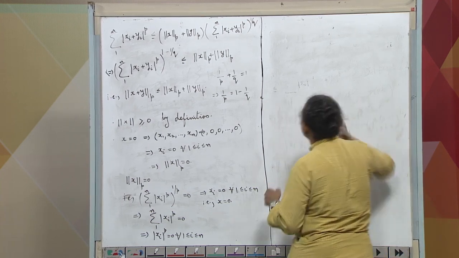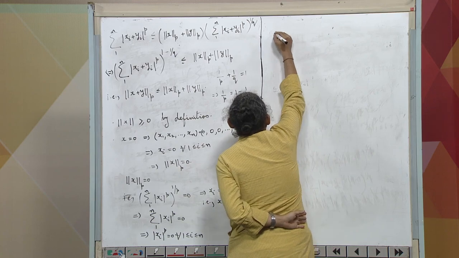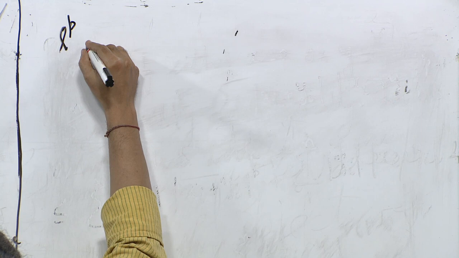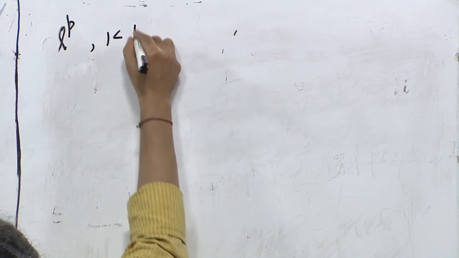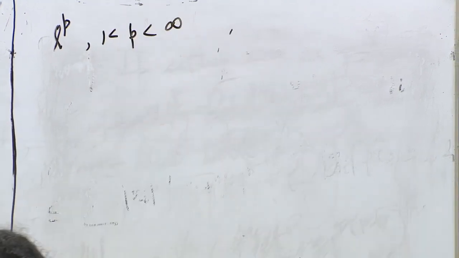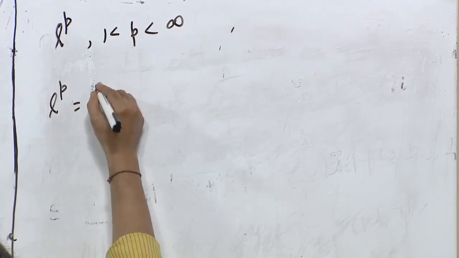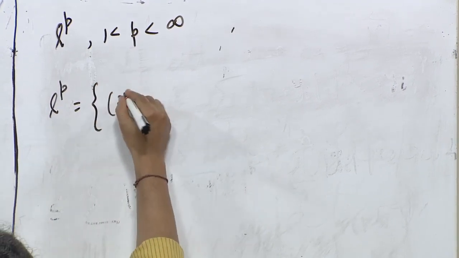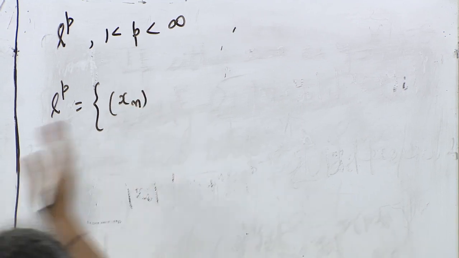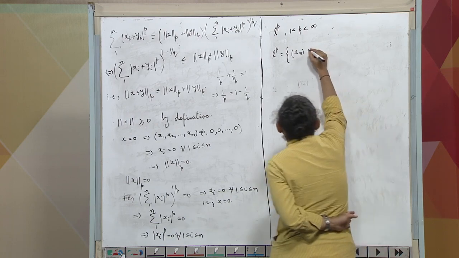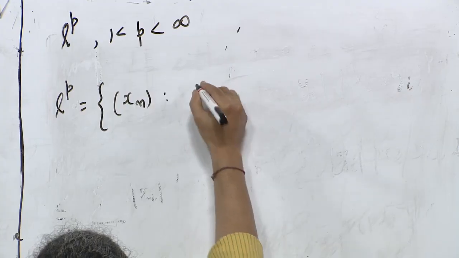So, in a similar fashion, let us introduce the space LP, in fact for 1 less than p less than infinity. We have introduced L1 and L infinity. So, LP is nothing but all those complex valued sequences. You can also define all these things in the context of real numbers, all these make sense, such that